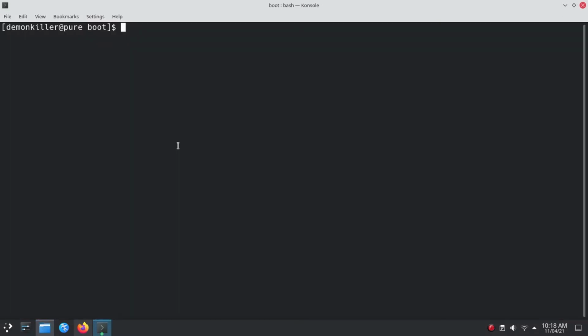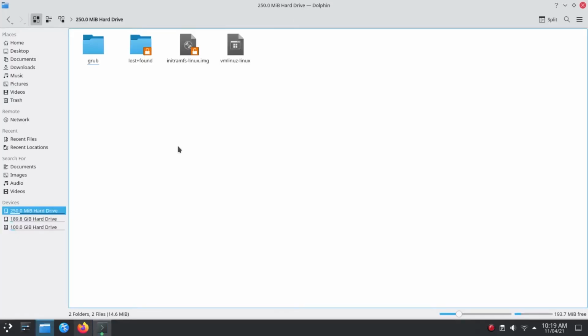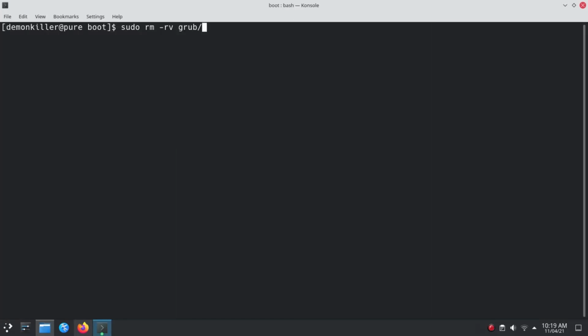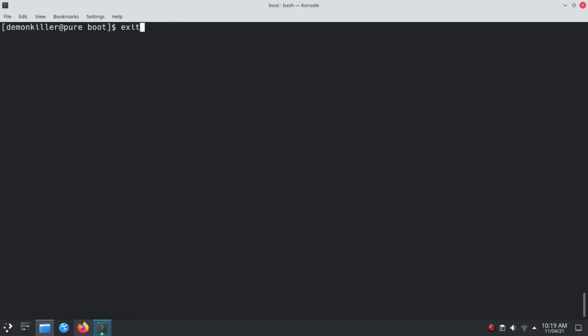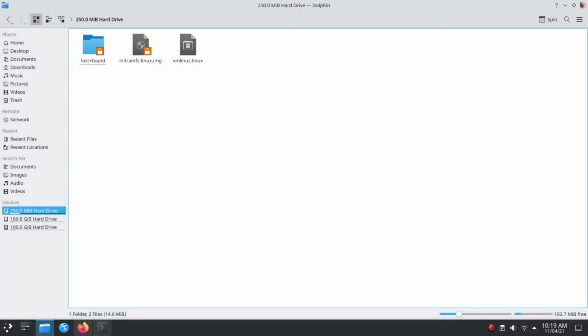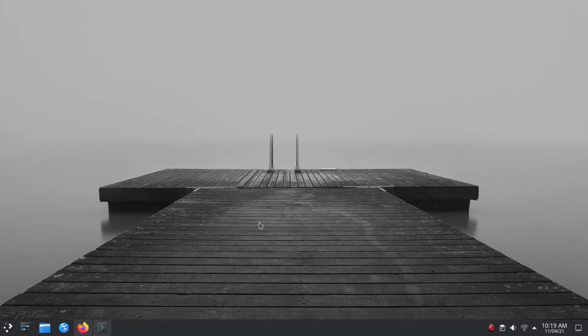All right, so let's do a sudo, because this is technically to be done with administrative privileges, and then we are going to remove, and I'm going to put the verbose flag as well, so you can see the output, and we are going to remove the grub folder, and you need to enter your password. Okay, so the folder is gone, and basically we have a broken bootloader. So now when I reboot my machine, I will not be able to boot up.